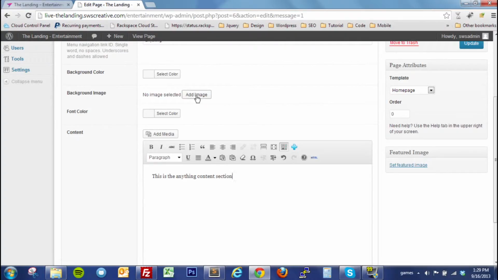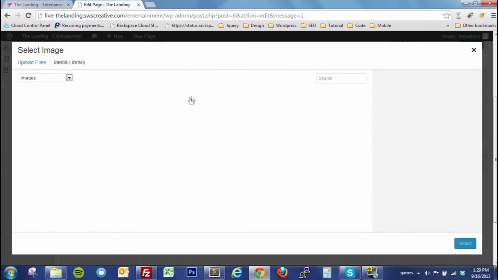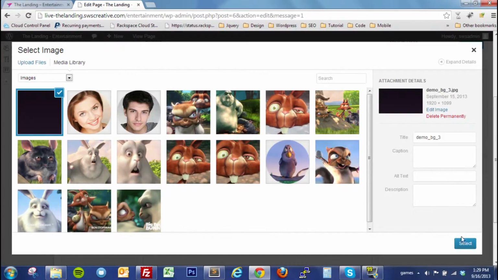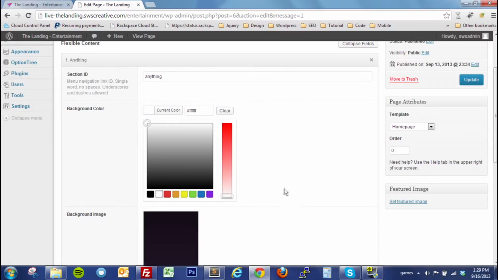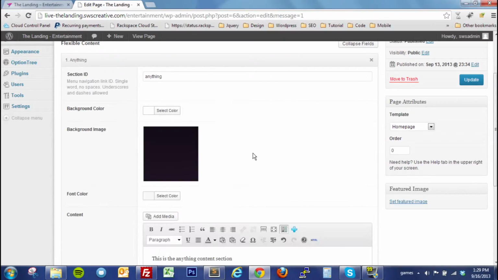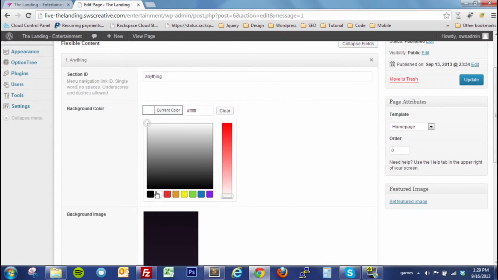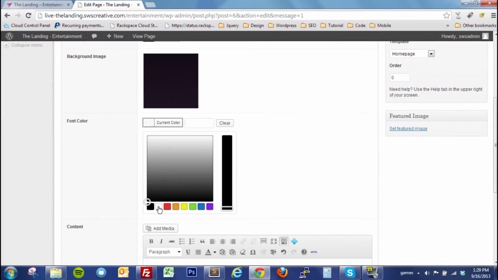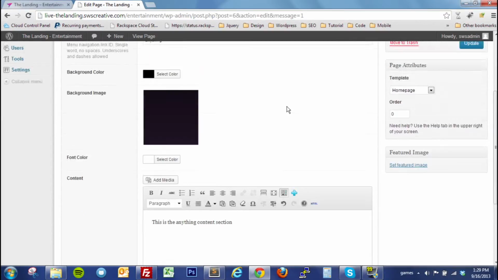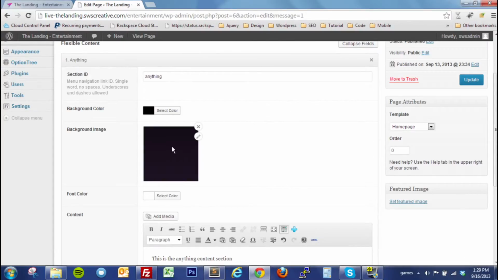And let's go ahead and assign a background image. Let's use this purple background. We'll leave our background color at its default. Let's change the font color to white. And obviously the background image takes priority of the background color, so you won't see the background color. So let's go ahead and click update